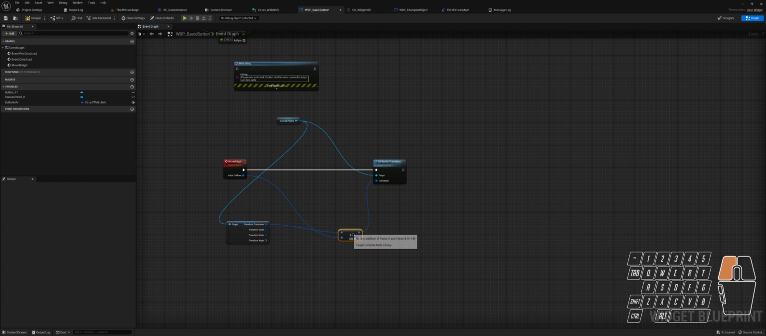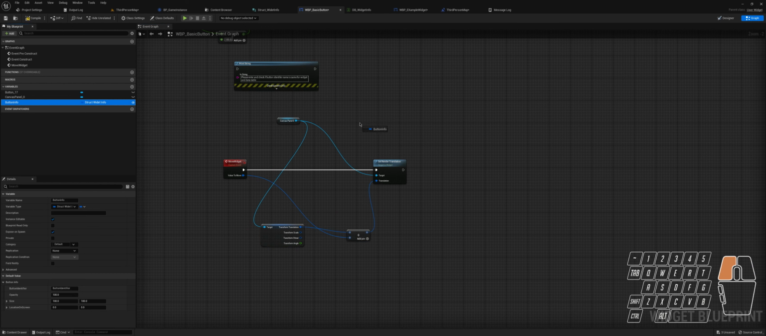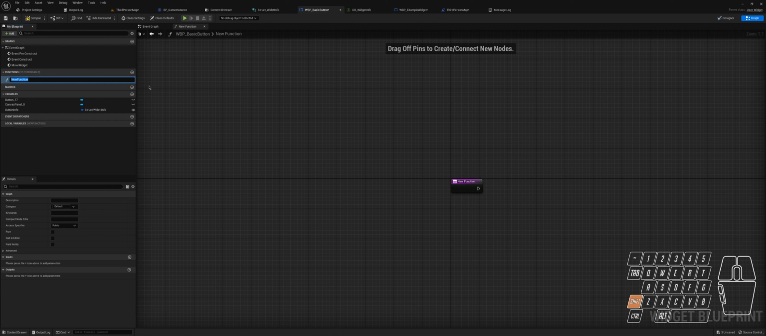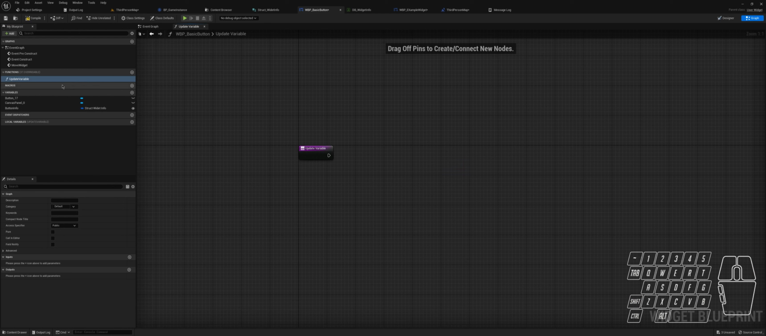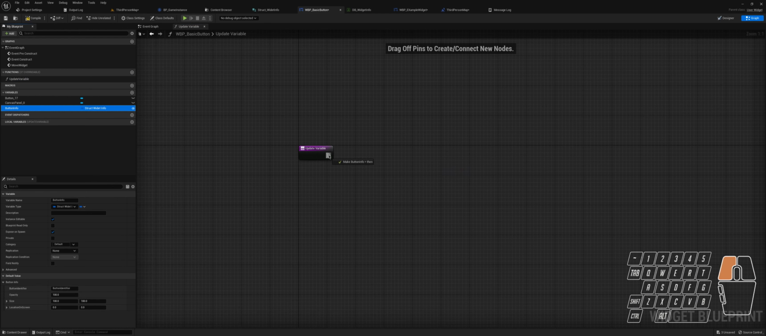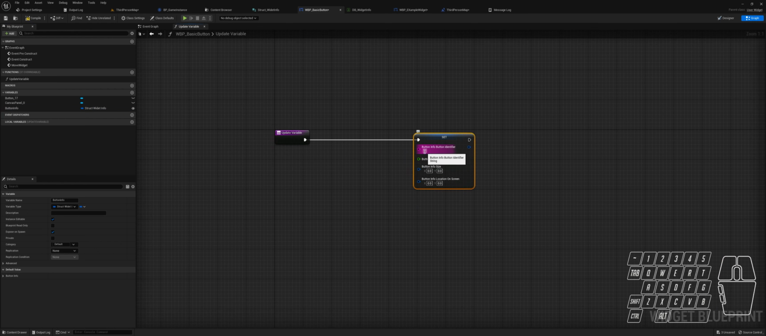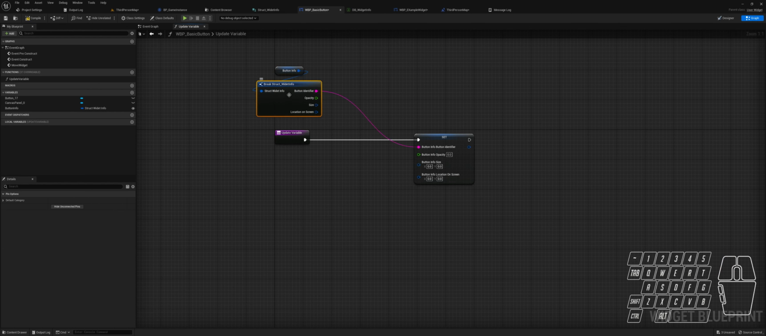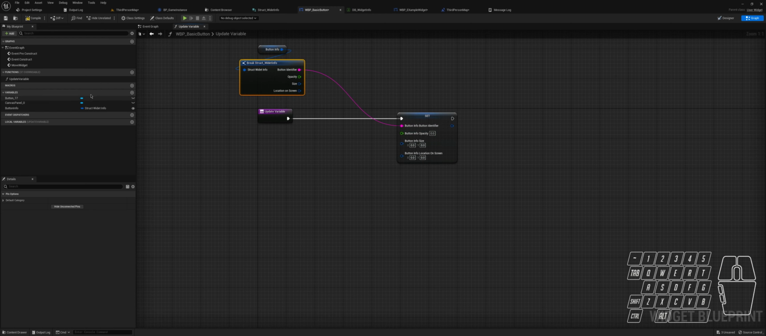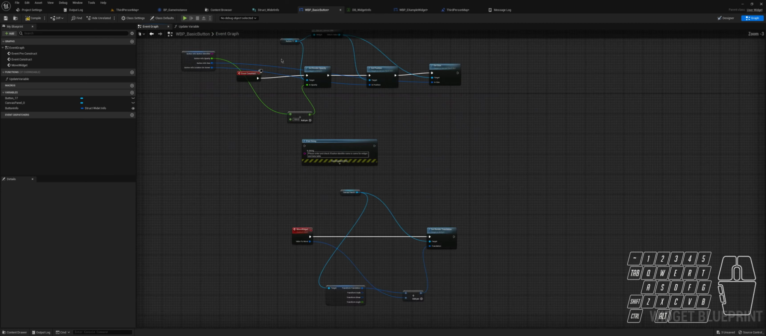So whenever we move the object, what we can do is we will get this button info, or let's create a function and name this update variable. For this button info, we will split this. If the button identifier remains the same, we will just break this and get the current button identifier. For opacity, we will get the render opacity because we are changing it from the widget directly,